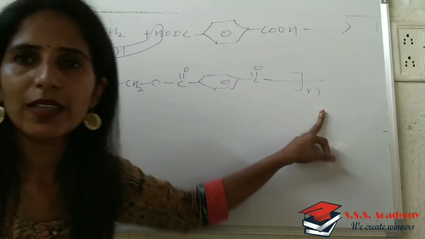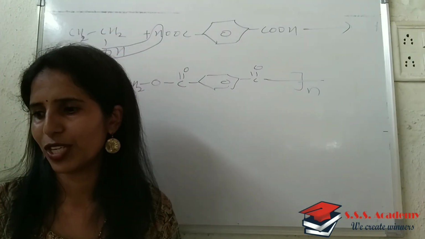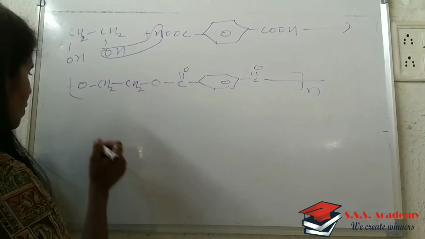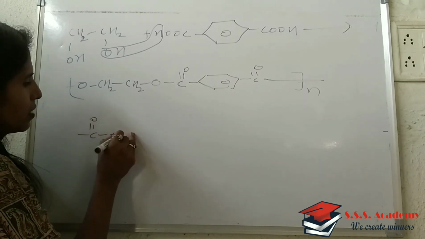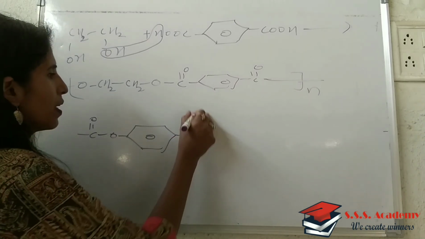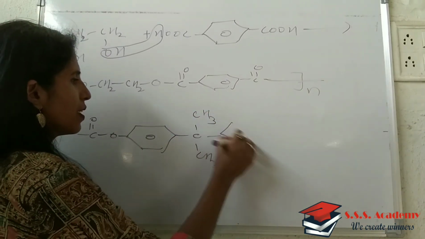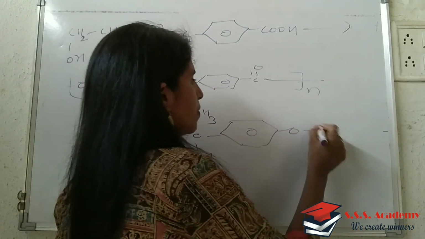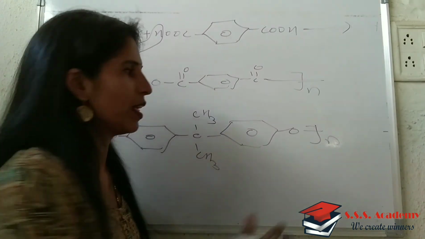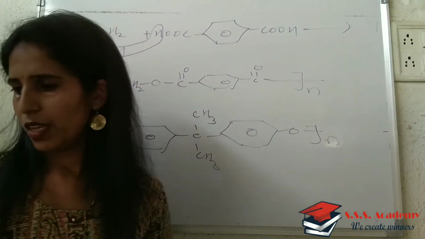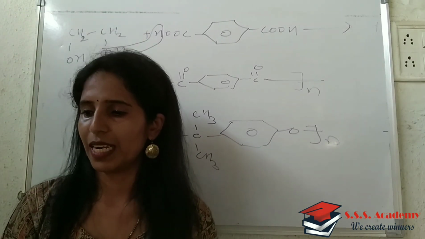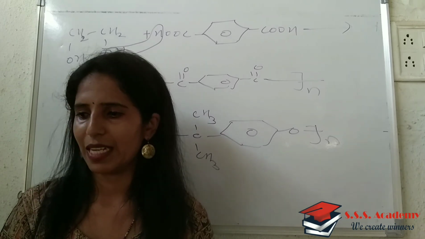Then polycarbonate: there is bisphenol and phosgene gas. So it is said to possess a structure like this. See, bisphenol is this. Then again we will have the benzene ring, then CH3, benzene ring again. So this refers to the structure for polycarbonate, right? And it is used in making electrical and telecommunication hardware, and food grade plastic containers.